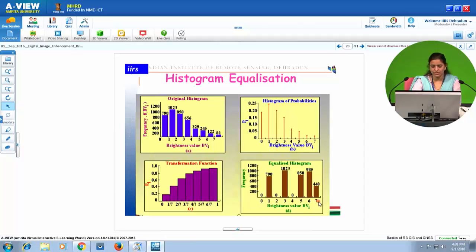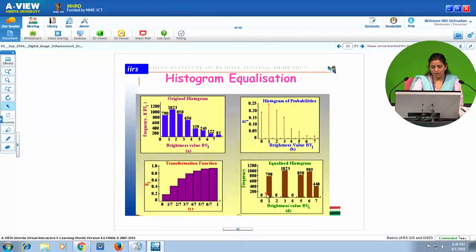So, as you can see here, in between the 790 pixels and 1023 pixels, originally in the original image there was no gap. So we can say the contrast was less, whereas here we have a gap, a brightness value which doesn't have any pixels.